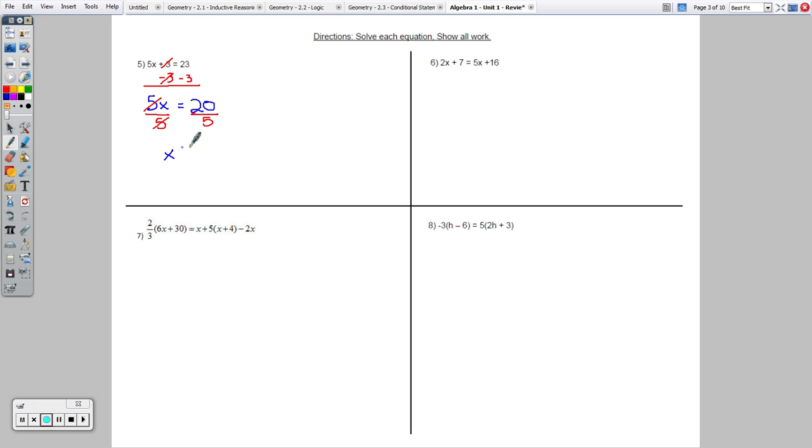And then you have your answer on this one. X equals 4. If I plug that back in, up here 5 times 4 plus 3 does in fact equal 23. On number 6, I think the easiest way to do this one would be to subtract